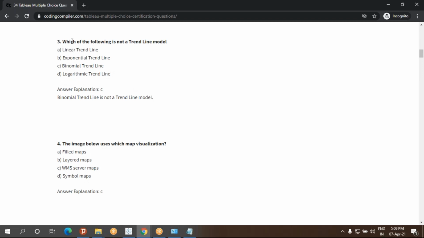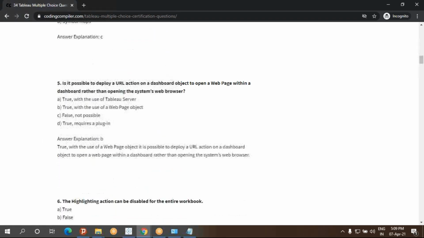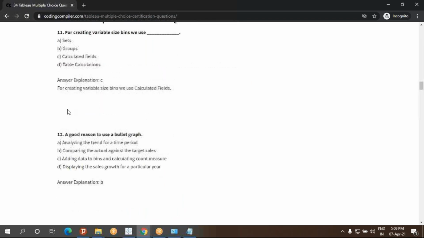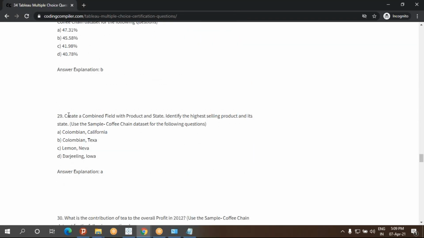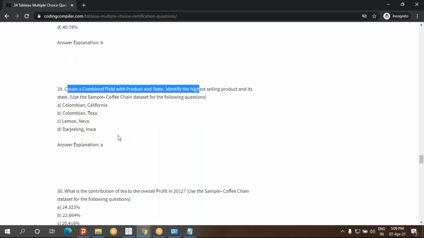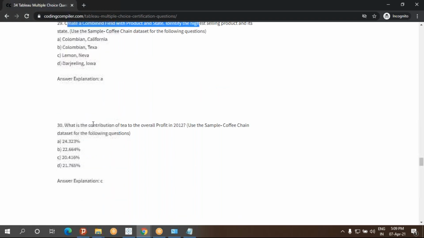So like this, the questions should have been created. Which of the following is not a trend line mode? Binomial trend line mode. So like this, some little tough ones will also be there. There will be a few questions, and you'll have 4 options, and you can choose any one of the options.